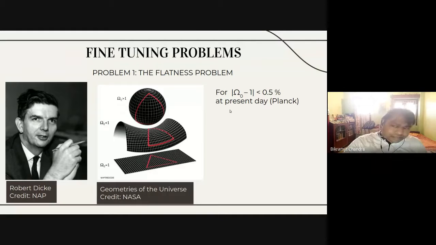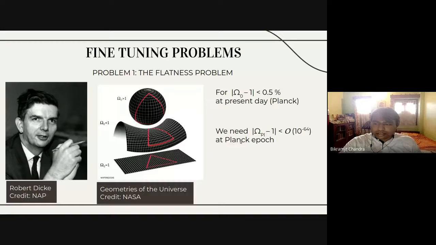But Dicke's question was, if we are currently in a flat universe, what would have been the conditions in the initial universe? Right after the Big Bang, what should have been the conditions of the universe that allows a flat universe in the present day? If we extrapolate backwards in time, what kind of conditions would occur? And that's where we lead to the fine-tuning problem, because according to our best knowledge, during the Planck epoch, which is basically 10 to the power of minus 43 seconds after the Big Bang,